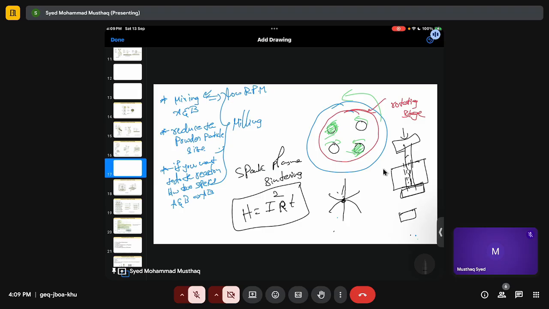So whenever you have resistance, you have heat. Right, and also we are supplying very large amounts of current in spark plasma sintering. So that's how you have a localized melting spot. And not only that, here whenever you apply a very large amount of current,